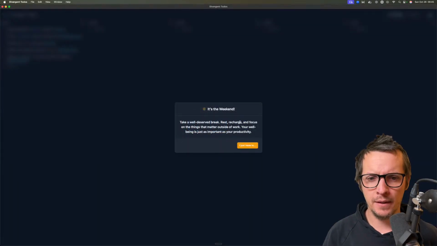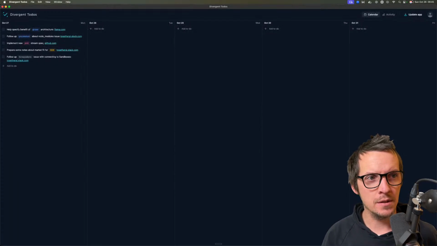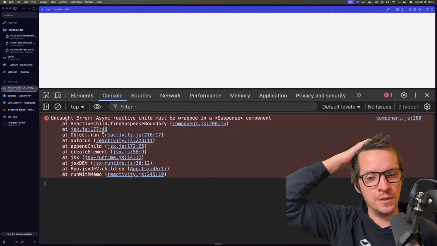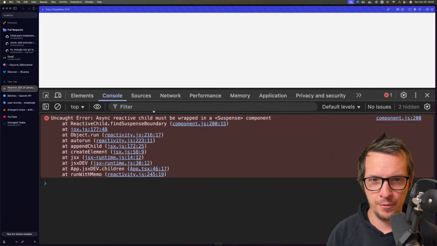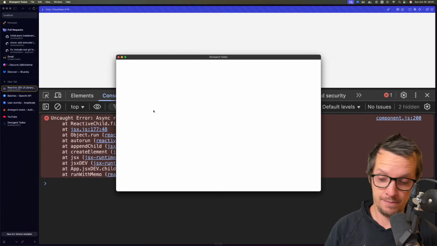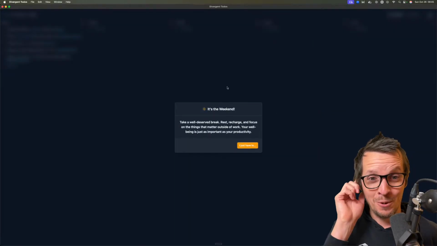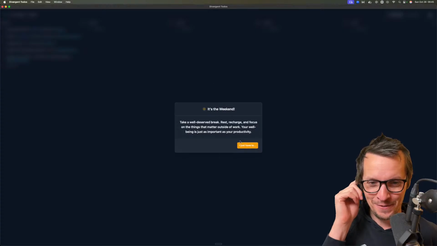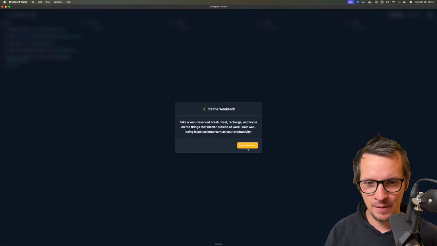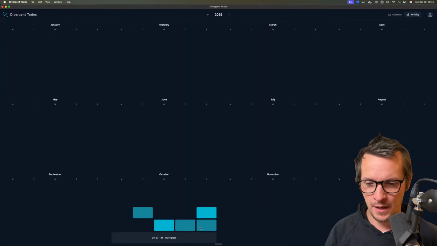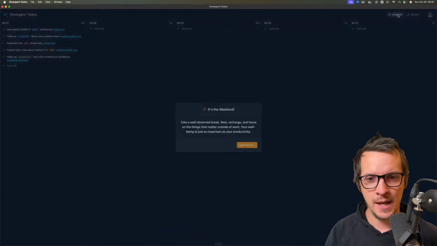By the way, I made even more changes to Divergent to-dos. I finally figured out what I wanted to do. I want to just share this briefly before we go in and debug this. Sorry for jumping around, but I have a lot of stuff on my mind. So one thing, I had the wrong coloring, so now it looks much better. But then we have this feature called activity, and it shows you what you did through the whole year, and then it creates this